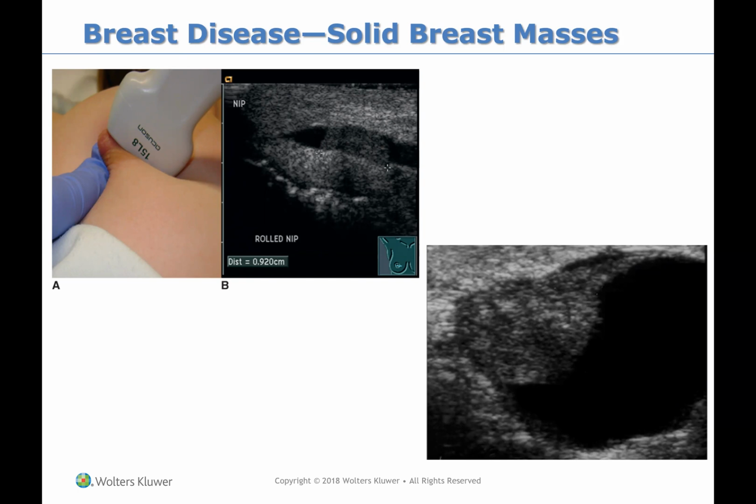So there is this technique called a rolled nipple technique. And what happens is the transducer is in a radial plane along the axis of the duct to be examined. The non-scanning hand is placed on the opposite side of the breast to provide counter pressure, and the transducer is angled by applying pressure to the peripheral edge of the transducer. The maneuver brings the subareolar duct into scan plane more parallel to the transducer, so it's not shadowing as much,